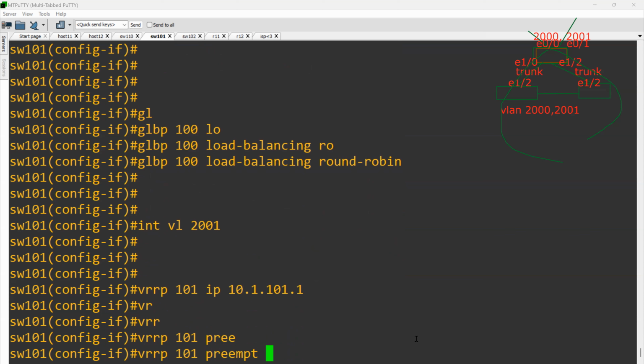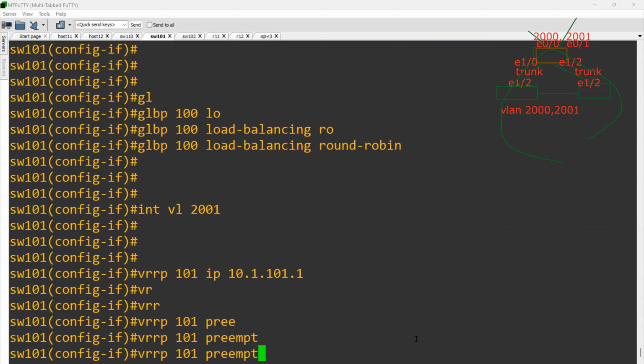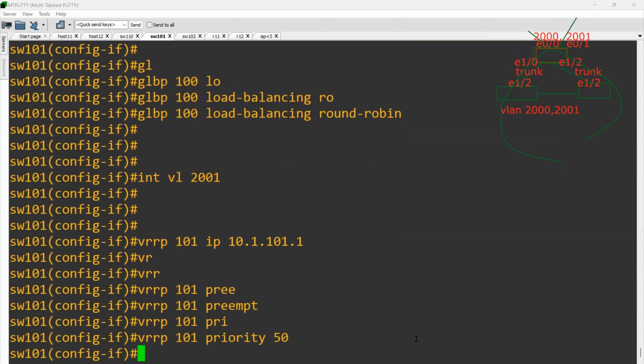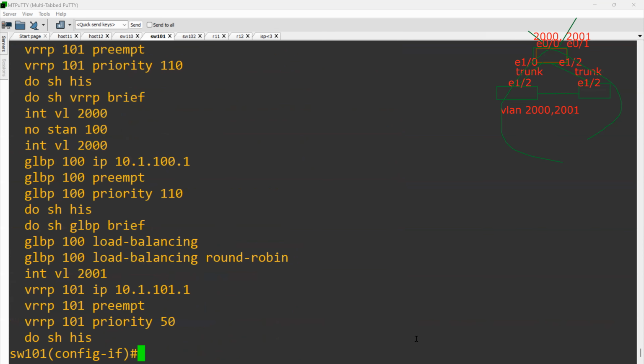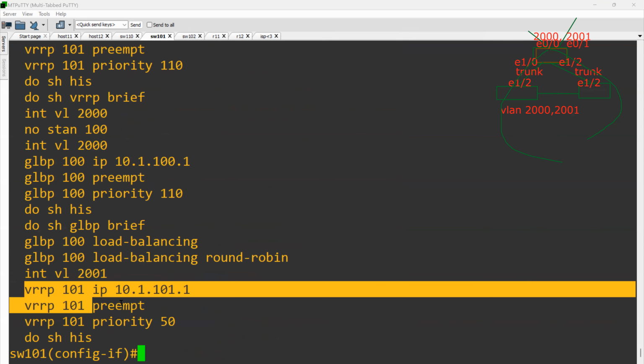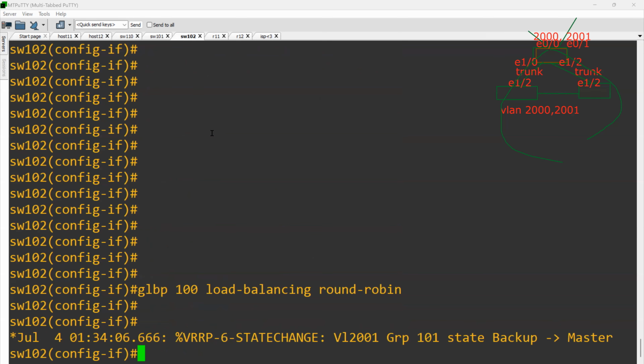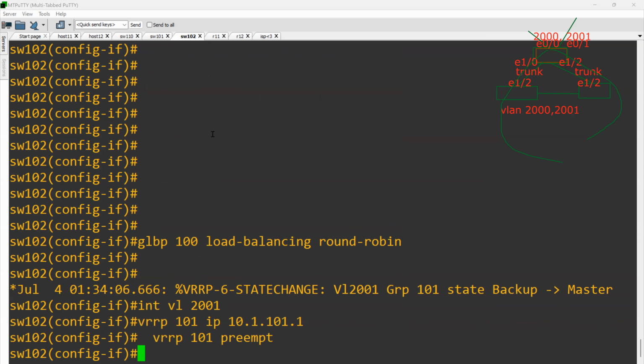VRRP 101 preempt is okay, but the priority here I will give, say for example, 50. By default priority is 100, so if you give the priority as 50, that means for VLAN 2001 this switch will be the active. Now if you go here and do show VRRP brief,